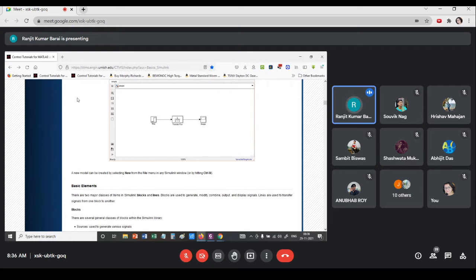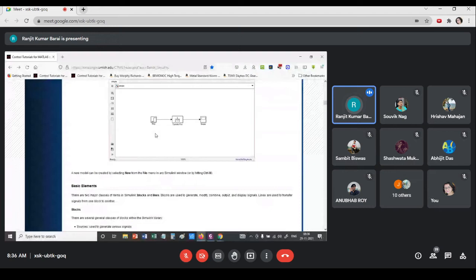If you just drag and drop these three blocks over here, and by mouse, you press over here and keeping the mouse button pressed, drag up to this point, the input of this, and release, then what will happen? A line and an arrow will appear, and they connect this block and this block. So you have to do it by yourself, or if you cannot understand, there are a lot of YouTube videos available, the basic lessons on Simulink. You can follow those videos, and you learn within 10 minutes.